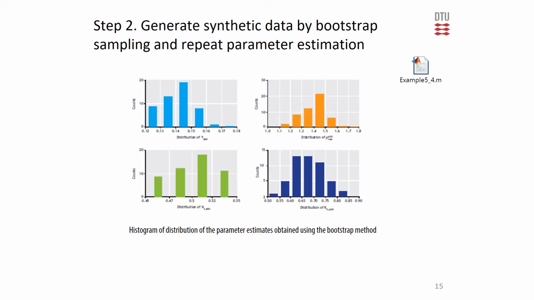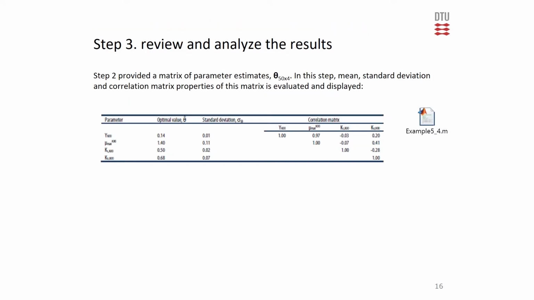The results, including the mean parameter estimates, their standard deviation, as well as the correlation matrix, are in good agreement with the parameter estimates obtained from the non-linear least squares method from example 5.3. This is especially expected when the distribution approximates the white Gaussian noise. These are also implemented in the script file